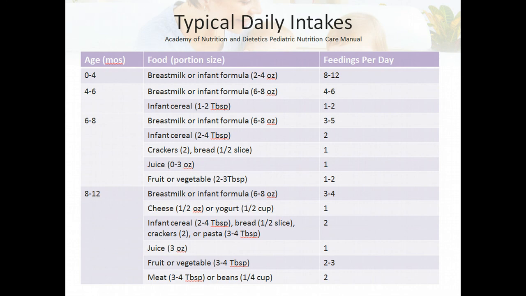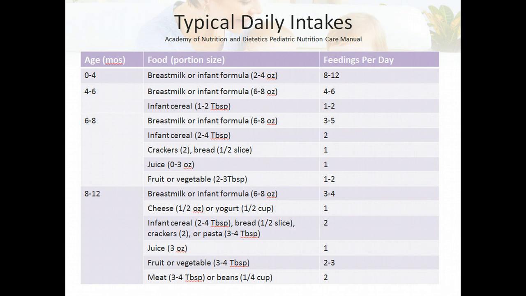This slide, again, is some information that you've probably previously had, but I think it's helpful to look at some of the typical quantities of foods and portions at different times in life. And it's helpful as you educate families for them to be aware of what's a reasonable portion for the infant or child. Their tummies are very small, so they can't hold a lot at one time. So basically, early in life, they're eating very frequently. For example, in the 0 to 4 month age range, particularly early on, they're only taking maybe a couple